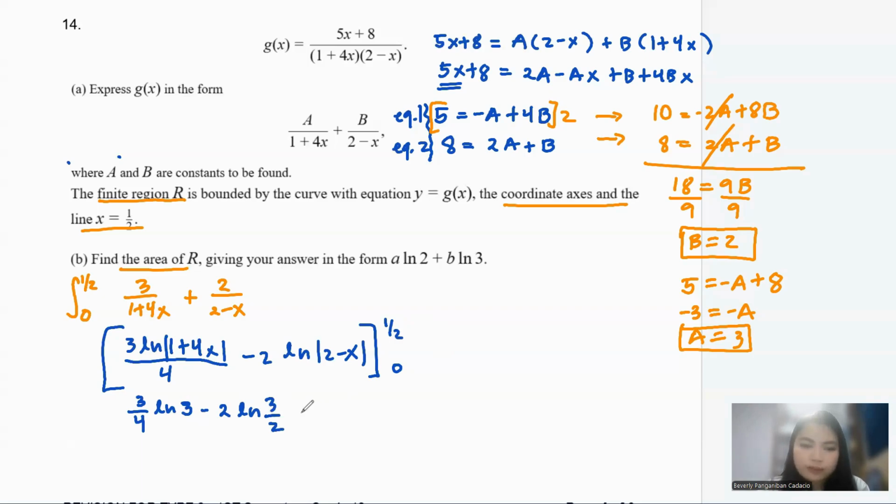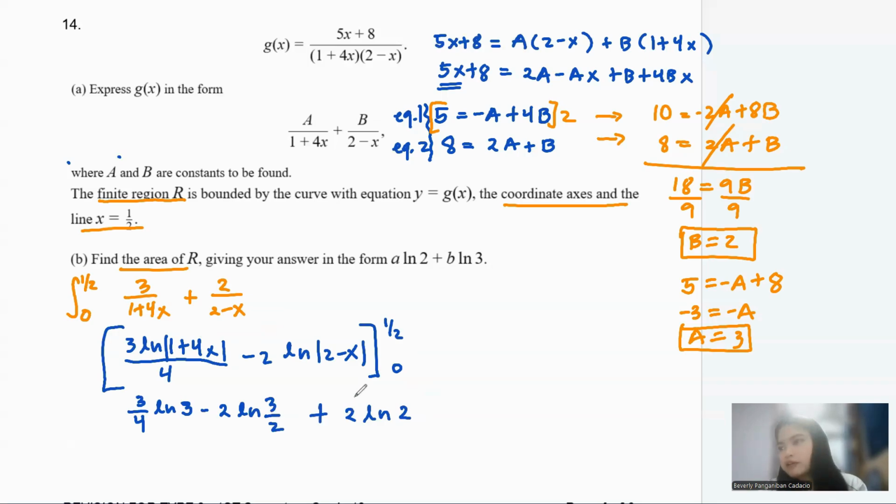And then, of course, you're going to have a minus of all, which means you need to distribute your negatives. Putting 0 there, you're going to have ln 1. When you put 0, you're going to have ln 1, and I will not show it anymore since you know that it will just be cancelled. But the other one, putting 0 here, will not be giving ln 1. So you're going to proceed to negative 2 ln 2. And then, of course, this one will just be positive since you have both negatives there.